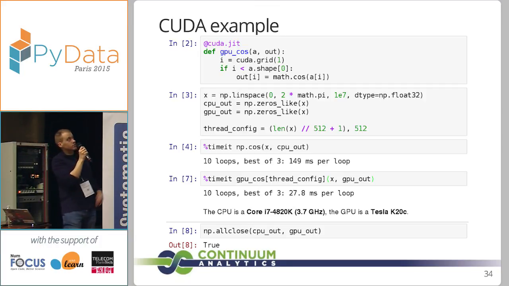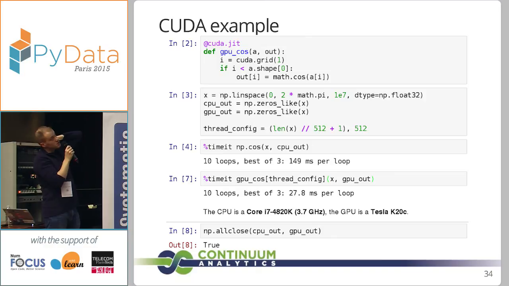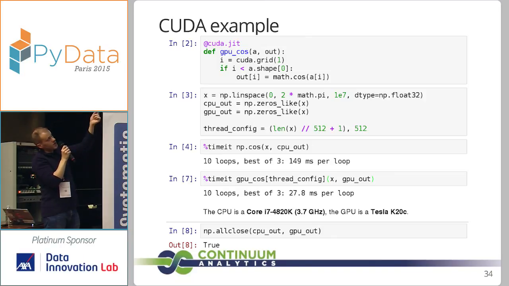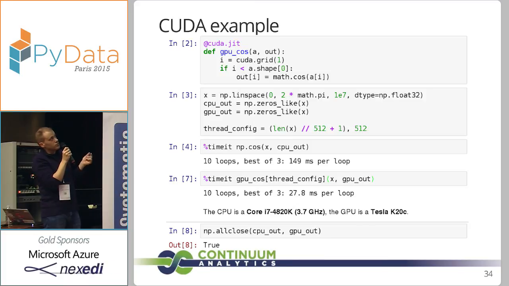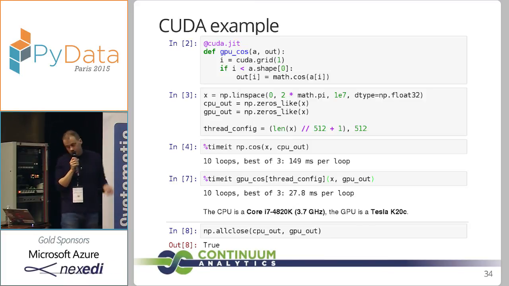So if you do a small benchmark, you see that you can be quite a bit faster than a CPU on this. Oh, and at this point, you see the thread config there. The thread config is how you configure the thread topology of your kernel function. So here we see that we have a manual definition of the thread topology, and the numbers have to be tweaked based on your GPU model to try to obtain the maximum performance.